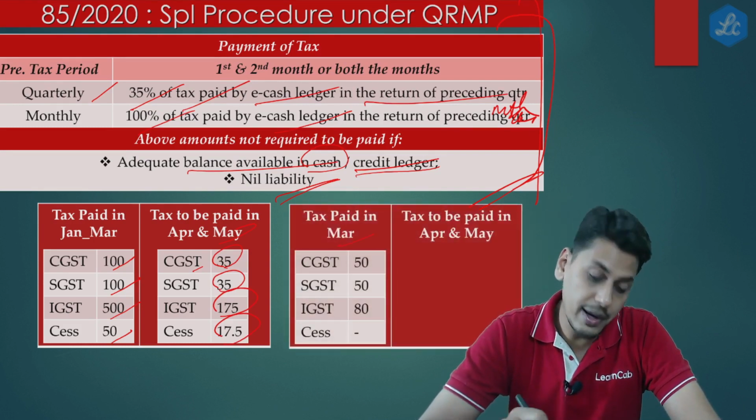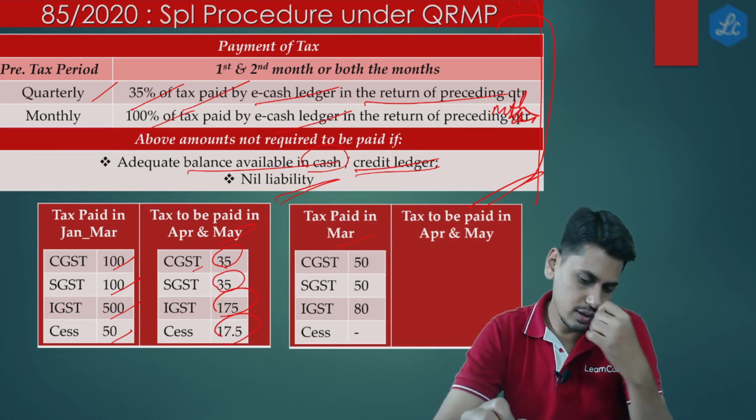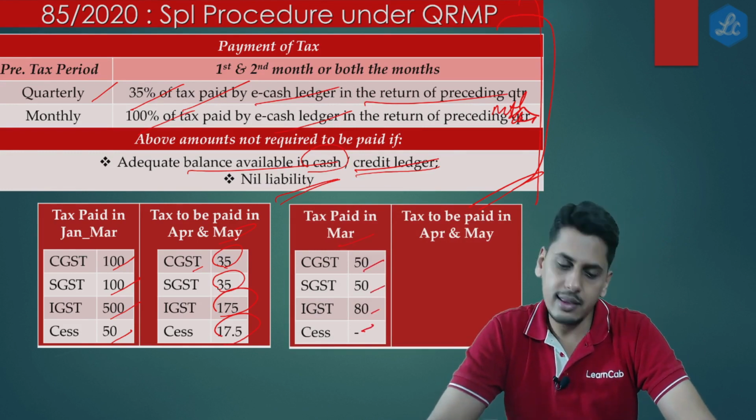Now if the tax was paid in March, assuming March was a monthly return and not a quarterly affair, in those cases, assuming you had paid CGST 50, SGST 50, IGST 80, and cess you did not pay anything, then